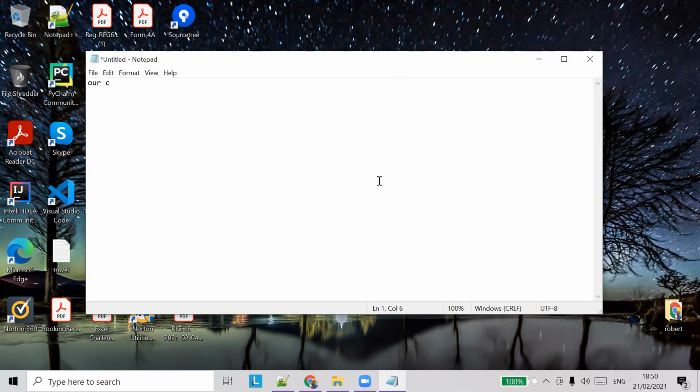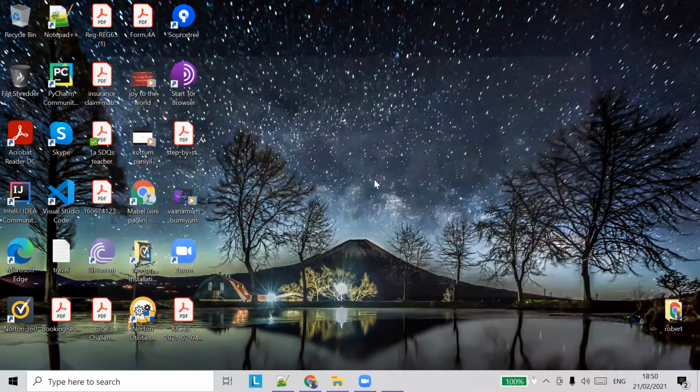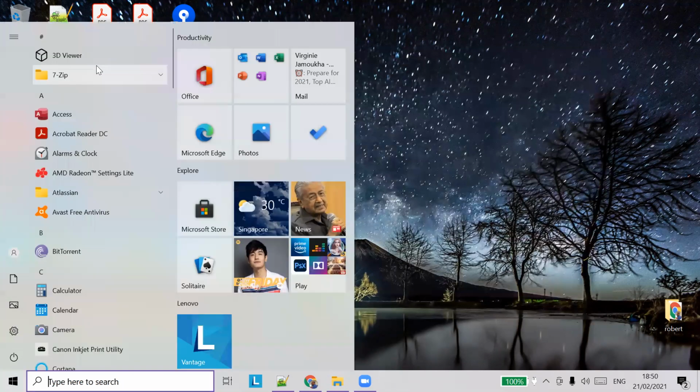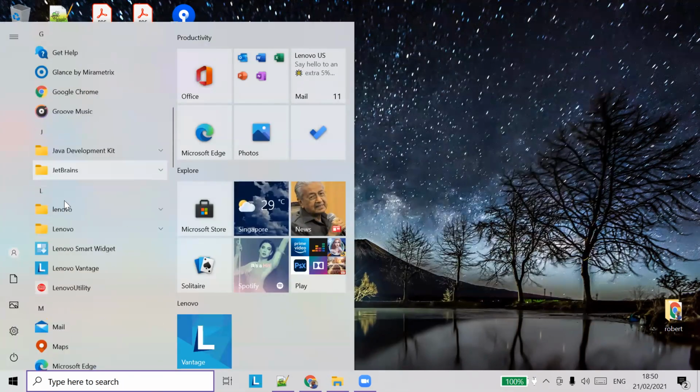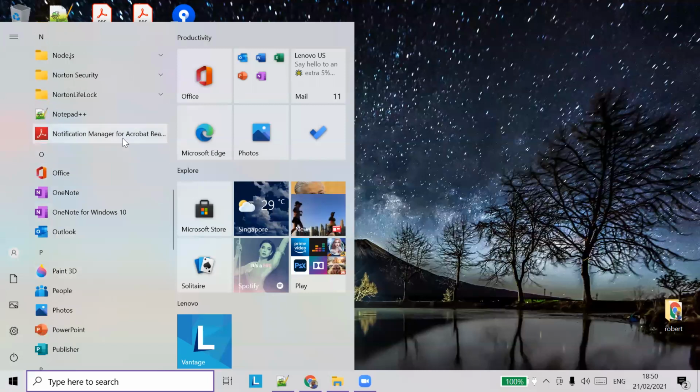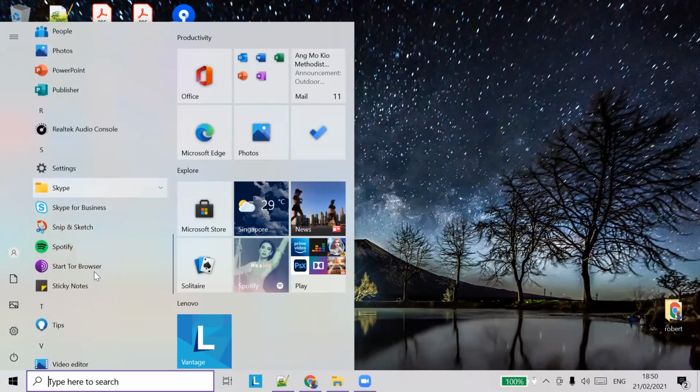So let's see all these toolbars one by one. First, let me tell you how to open Notepad. We can find Notepad in the start button.